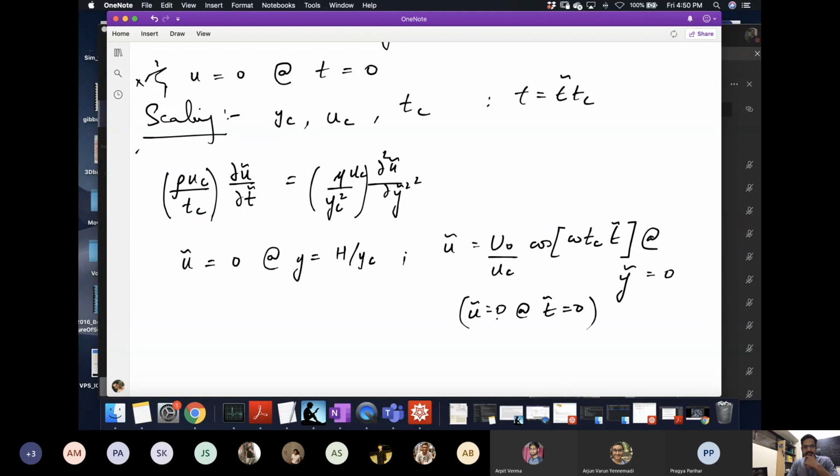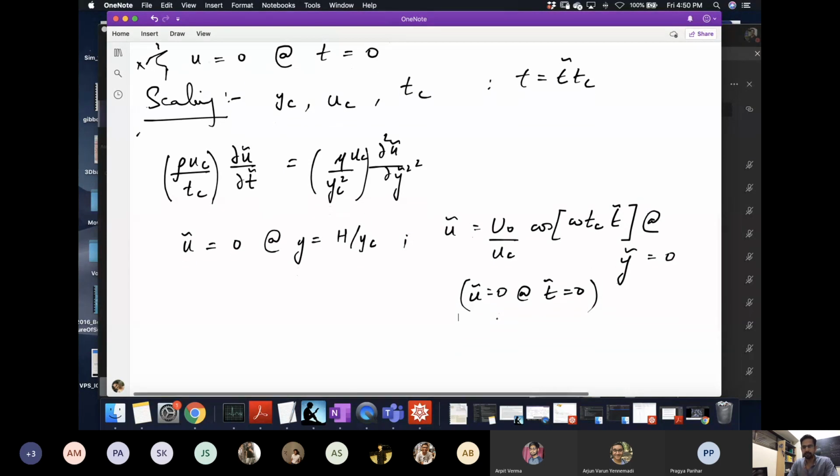Okay, so you see this is where we are at this point of time, and we have not yet chosen any scales. Okay, so now this is the standard thing that we do. We can start choosing scales. First, we should try to enforce the requirement of order 1 scaling. So remember, we want our variables to go from 0 to 1 over the range of interest. For the moment, let's say that we are interested in the flow across the entire channel. We want to know how the velocity is varying all the way from y equal to 0 to y equal to h, in which case it's natural to set y characteristic equal to capital H, so that the y coordinate goes from 0 all the way to 1.